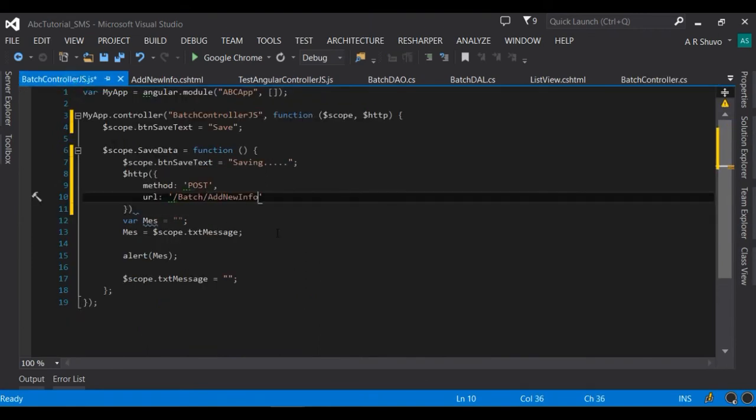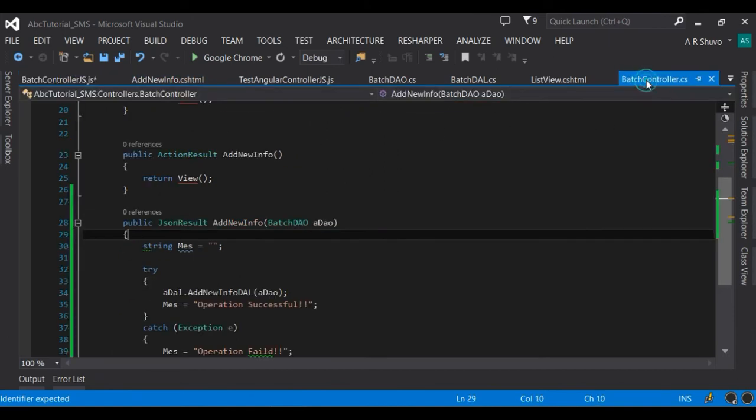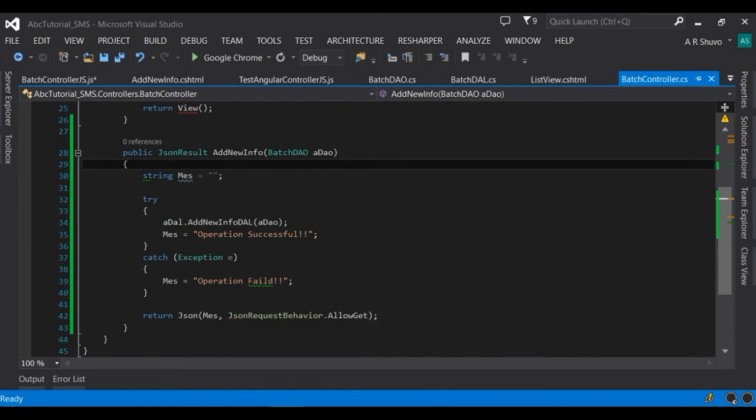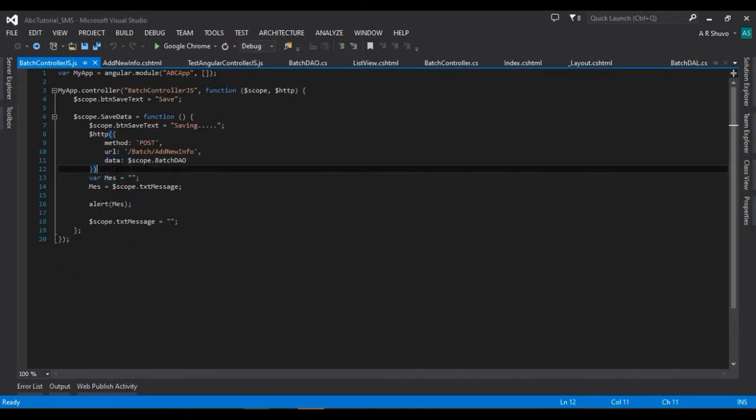Okay, then we need data scope dot this batch down. Okay, then dot success